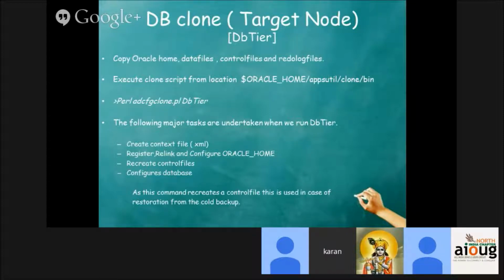We do not need to use DB tier in case of a hot backup. And nowadays, not many people go with the DB tier, because generally most of the places people use hot backup. So in the next slide,